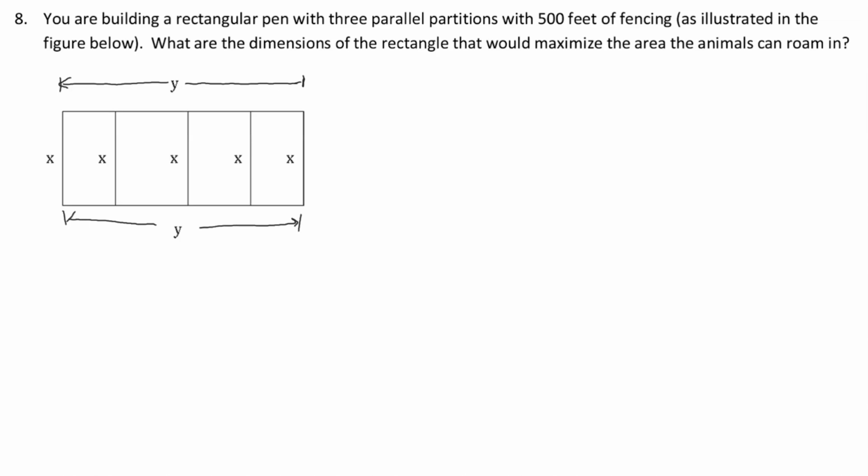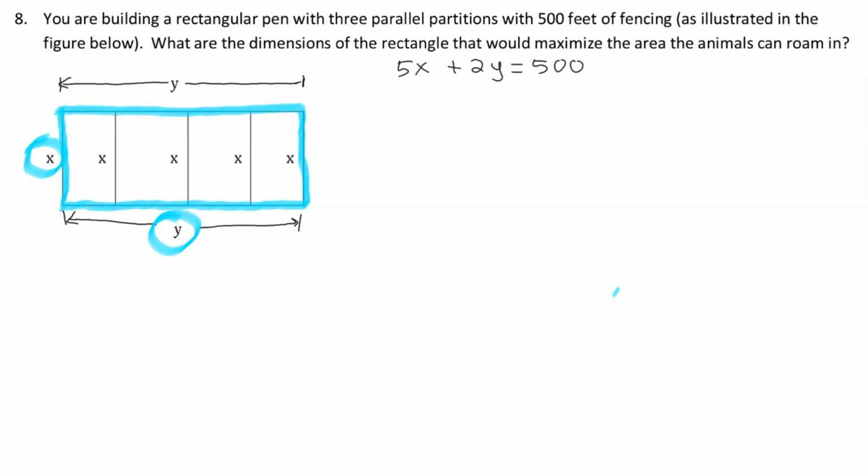That's Y. Okay, so we can see that our restriction is 1x, 2x, 3x, 4x, 5x. 5x plus 2y has to be 500 feet of fencing. Okay, so the question is asking, what's the dimension of the rectangle, meaning what is x and y? What is x and what is y, so that the area is